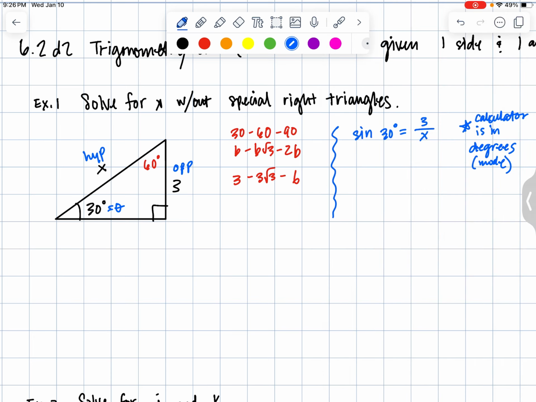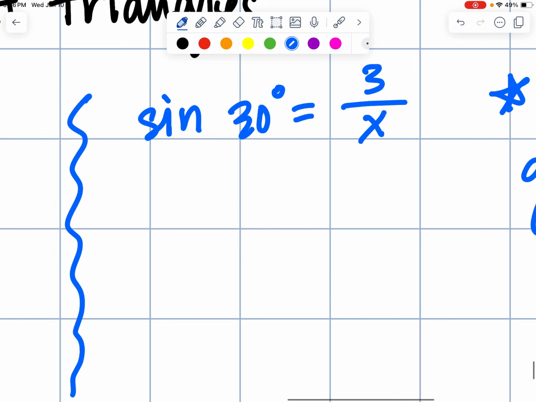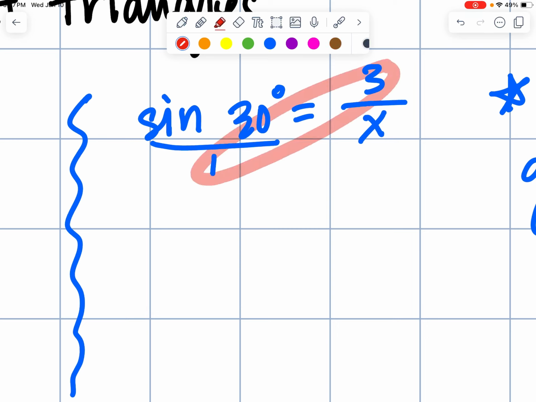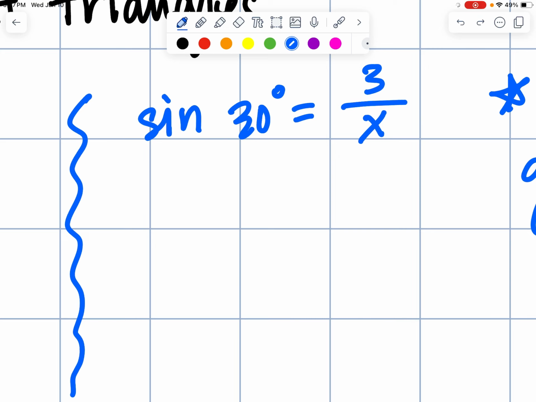So to solve this particular equation, you could do one of two things. You could solve as if it's x, and if you really understand algebra, you could just start multiplying x to both sides and then dividing out the sine, or you could kind of treat it as proportions. You could put this over 1, and then you could cross multiply. Okay? So most people will just multiply both sides by x. I'm going to do that here. Multiply by x,